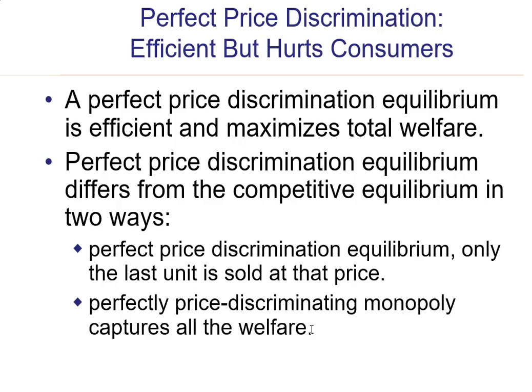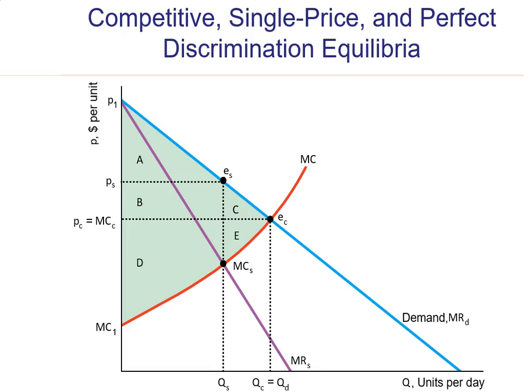And before, remember, there was a deadweight loss. In competition, they don't have deadweight losses, but in a single price monopoly, there's a deadweight loss. Well, that's gone too. And the next slide will illustrate this. So here's the scenario. You've got an MC curve, upward sloping, no surprise there. You've got a downward sloping demand curve, no surprise there. This MR curve only applies for the single price monopolist. When you have a perfectly price discriminating monopolist, the demand and MR are the same curve